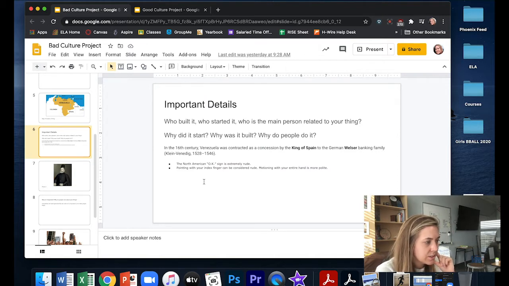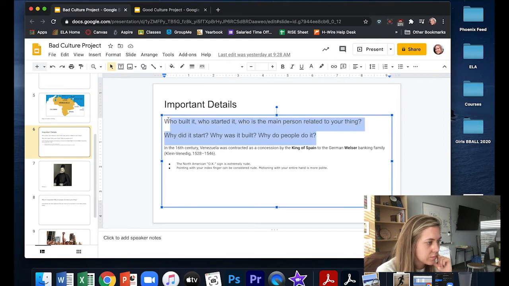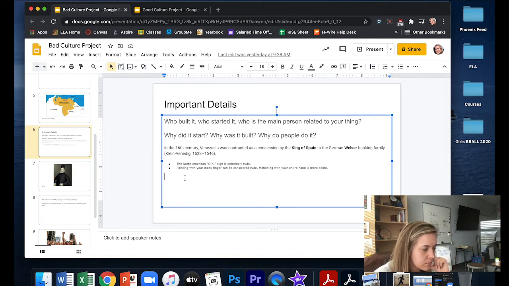Okay, on the important details slide, again, the questions were left where they were. And if you look at the information on the slide, you might notice that it looks copy and pasted, right? Because the type is a completely different font from the whole rest of the font. It doesn't really match anything else, and it's not even really using words that a student would normally use. So what's better to do is if you find information that seems useful to your project, instead of copying and pasting it in, it would be better to rephrase it in your own words.